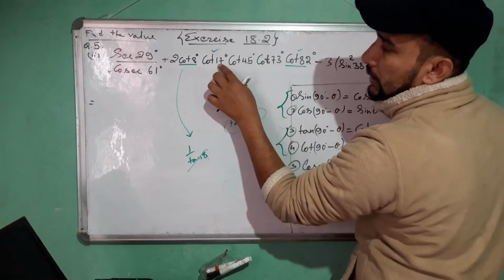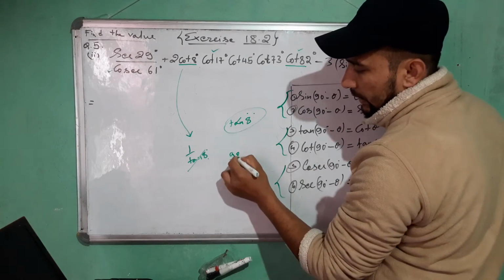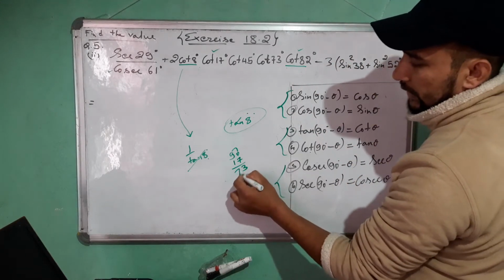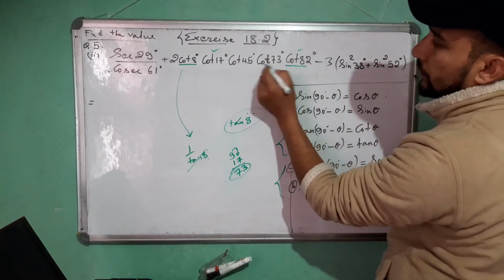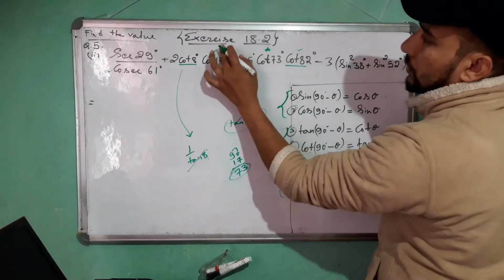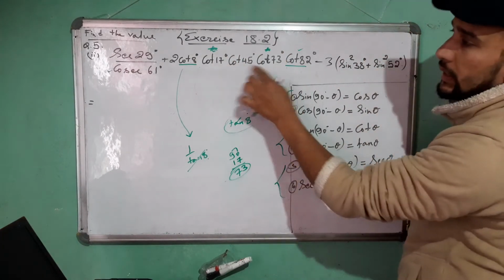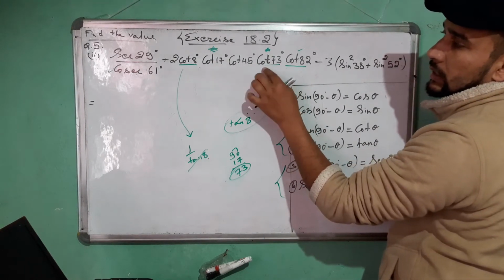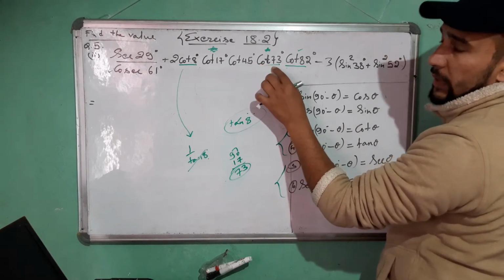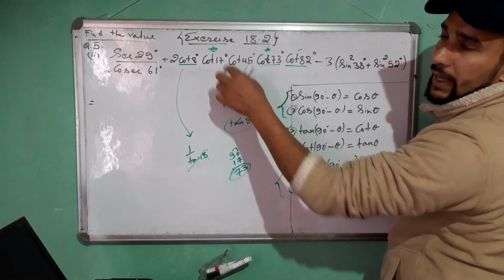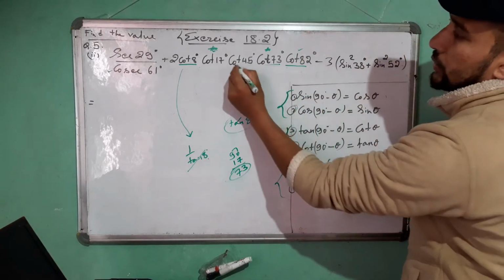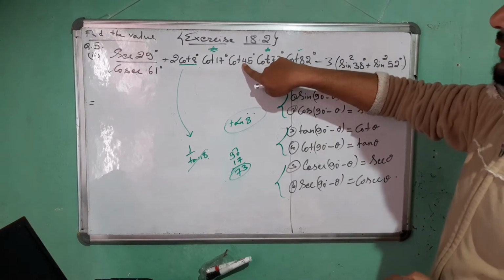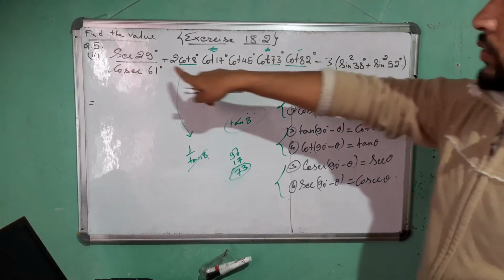Next, this 17 degree, the complement of 17 is 90 minus 17, which will be 73. 73 is here. So among these two, cot 17 and cot 73, they have a complementary relation. I'll convert this. It will be tan 17 degree, and this I'll write 1 upon tan 17 degree, and that gets cancelled. This cot 45 degree is a standard angle, and its value is 1. So this and this get cancelled.